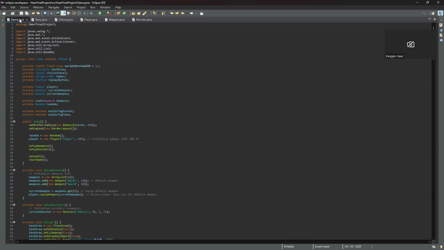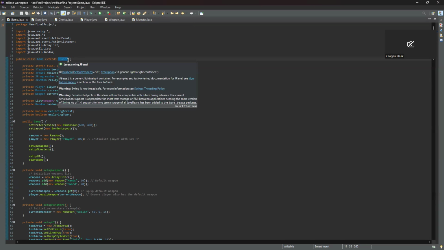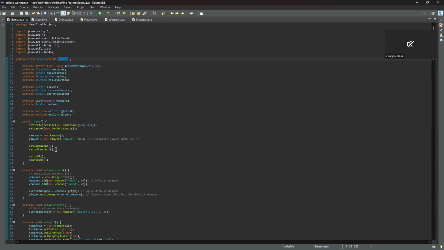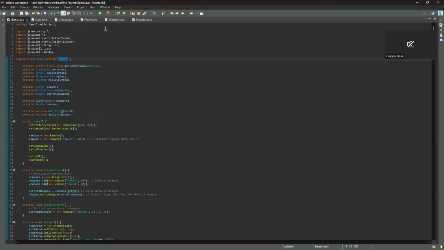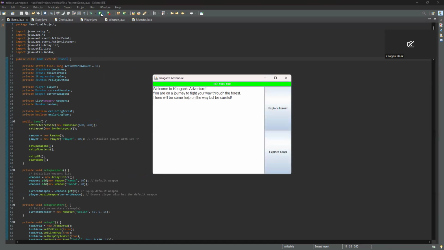One thing I'll say in terms of functionality and relating to what we did in class is that I have a lot of inheritance here. Obviously having different classes, there's some inheritance, but also extensions of JPanel. So I'm extending the functionality of JPanel and then giving different characteristics to it. Obviously, it's how I'm styling my game and creating my game window. So here I will dive into my game. I'll show you the two different ways you can run the game. There are some errors related to it, but